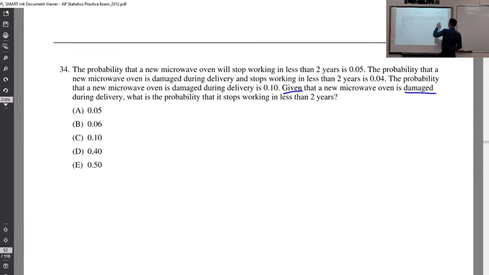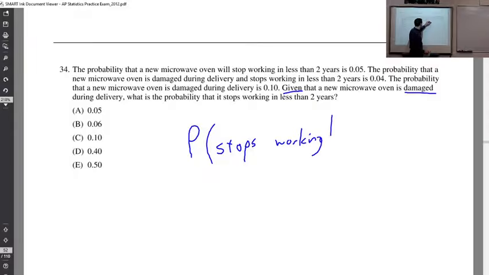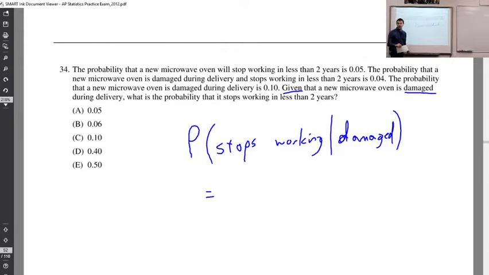Given that it's damaged, what is the probability that it stops working? So we are finding the probability that it stops working given damaged. And there's a formula for that on the formula sheet. But the idea behind the formula is that, since we are given that it's damaged, we want to look at, out of all the times that it is damaged,